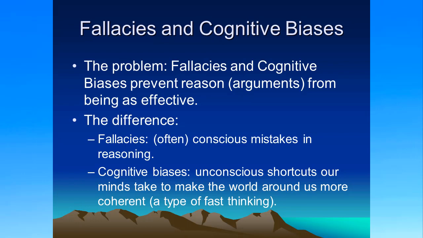The cognitive biases are dangerous because they equally, just like fallacies, pull us away from the reasoning process, but they do so in a more quick, immediate way. And in fact, cognitive biases are examples of fast thinking. This is why fast thinking can be dangerous, because it can lead to these biases where we immediately get the sense that something's right or wrong or true or false without the deep thinking process that would lead us to the right answer. And so these are both unique because they prevent reason from being as effective, both fallacies and